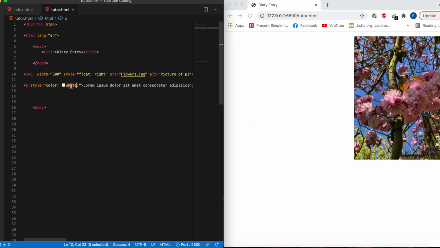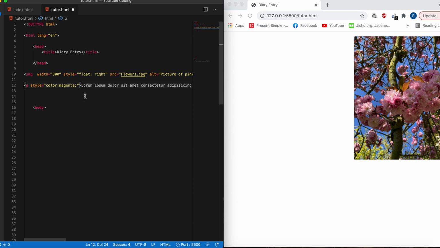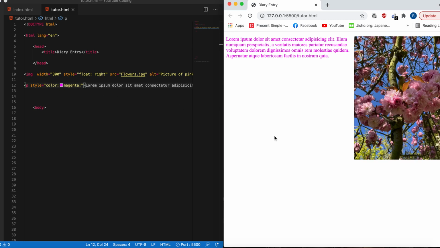Okay, so now I've added a paragraph here and it's in magenta color. So there it is. Now let's make the image go behind this paragraph so it's sort of a background. So how would you do that? So you go on the paragraph element and style it, but because we already have style here, we don't need to do that again. So we can do